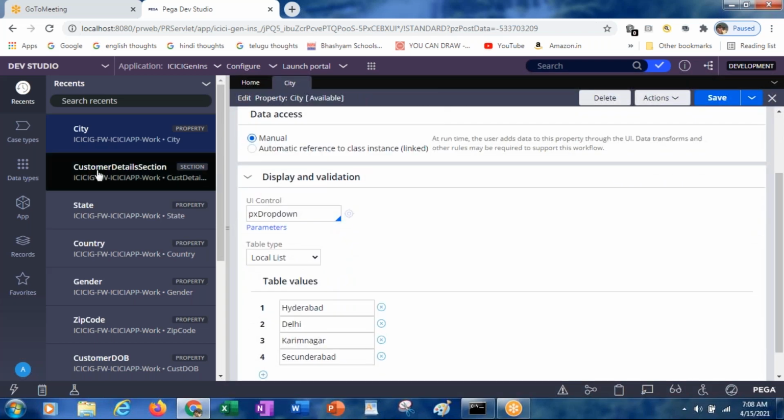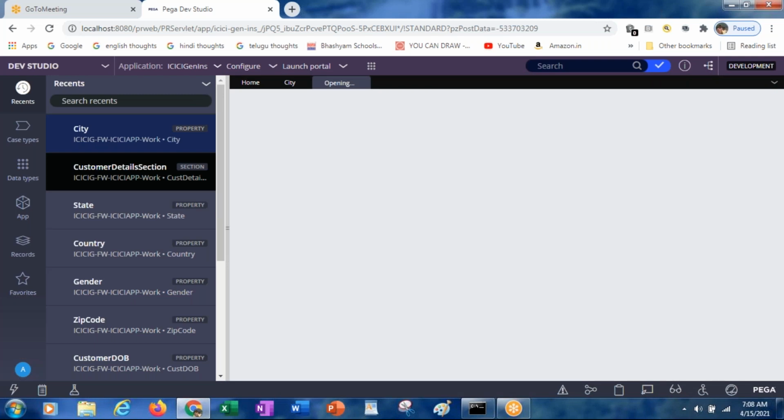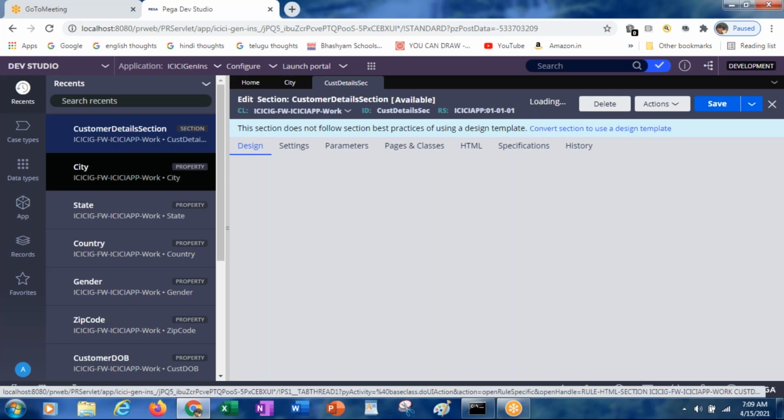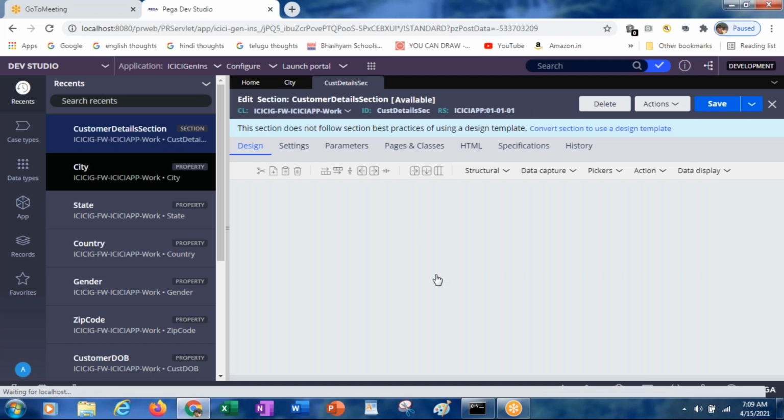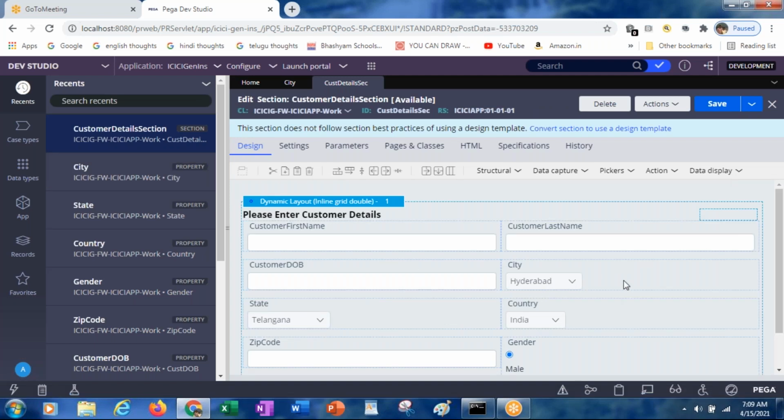After displaying the text box, if you make changes to the city property, making it a drop down by adding some values, then what do you have to do? You have to open that section, and in the section, for the property, we need to change the property type. Go to view properties of that particular city, and there you need to change it to the drop down.